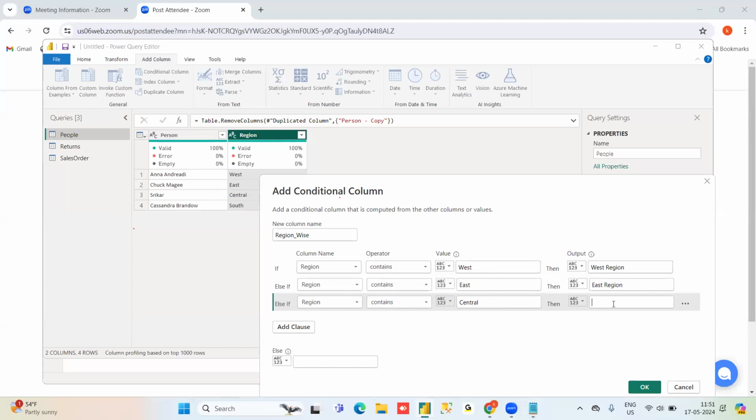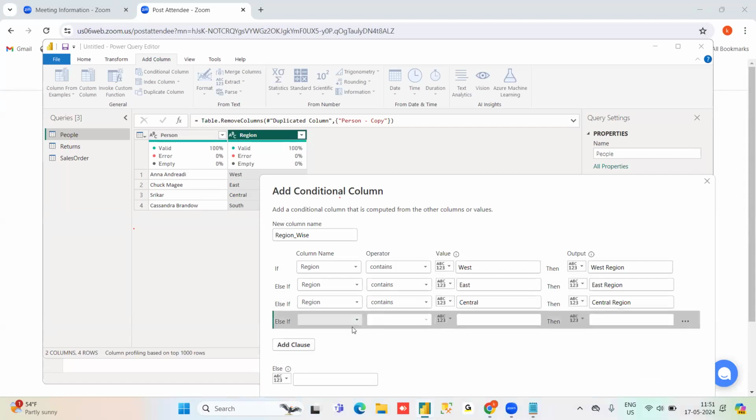So Central region. And here I'm giving South. This is one conditional column I am just giving.